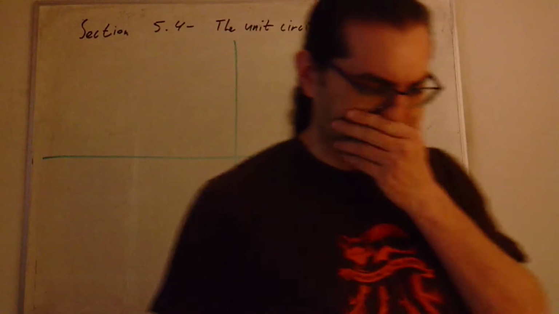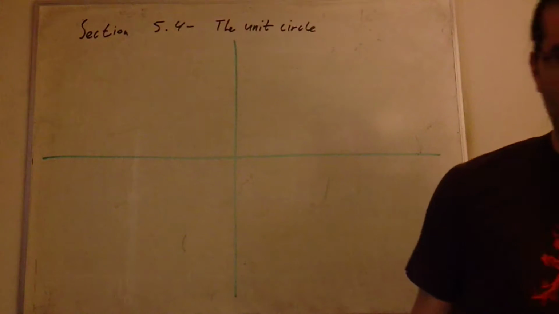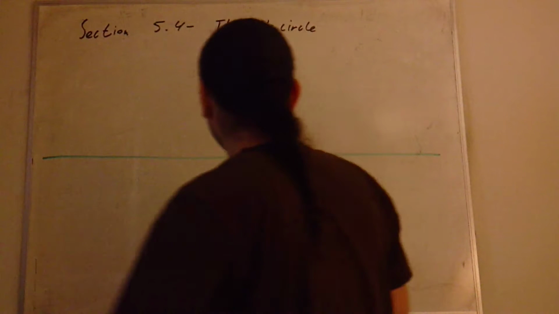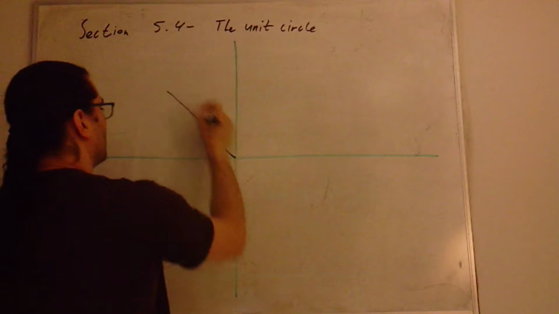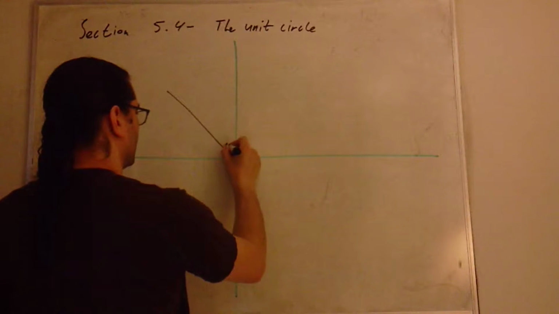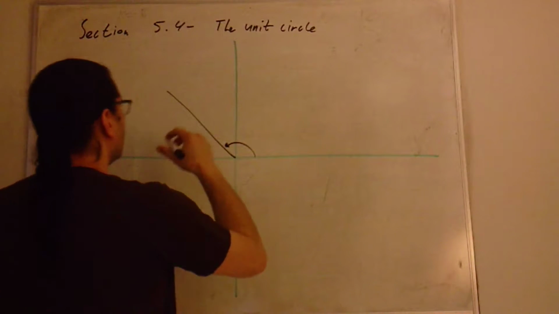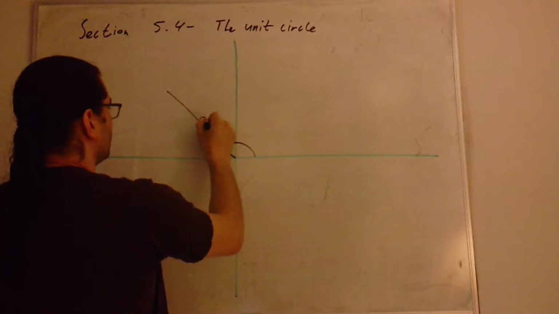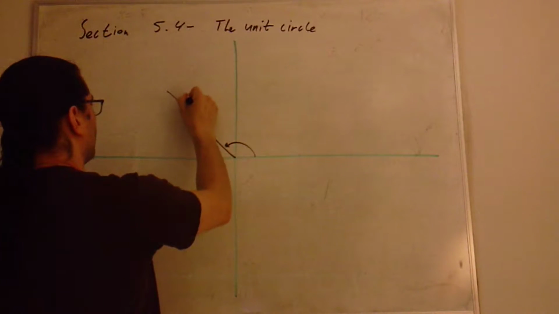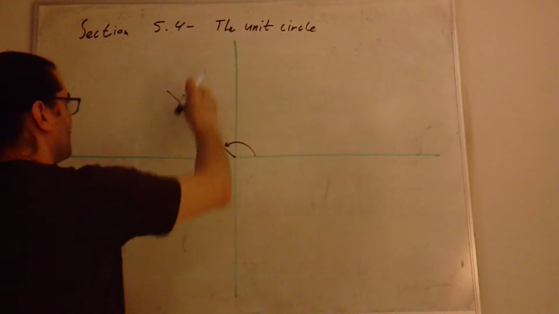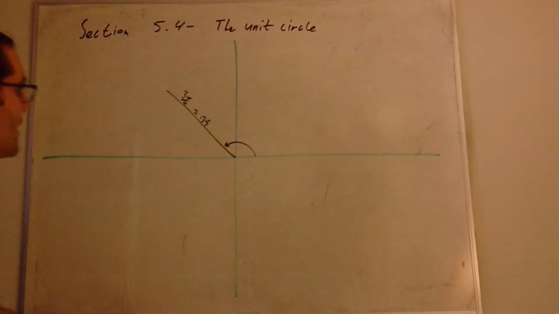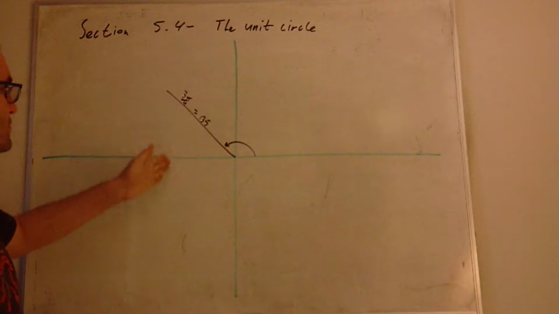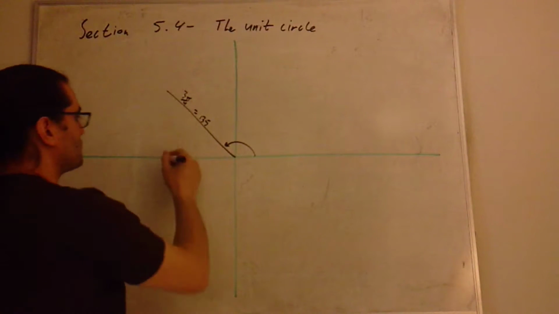So to do this we use something called reference angles. For example, if we wanted to talk about a 135 degree angle, that would put us here in quadrant 2. This is 135 degrees, which is also known as, no, 3 pi over 4. So when we put our angle in quadrant 2 over here, we can make a triangle out of it,